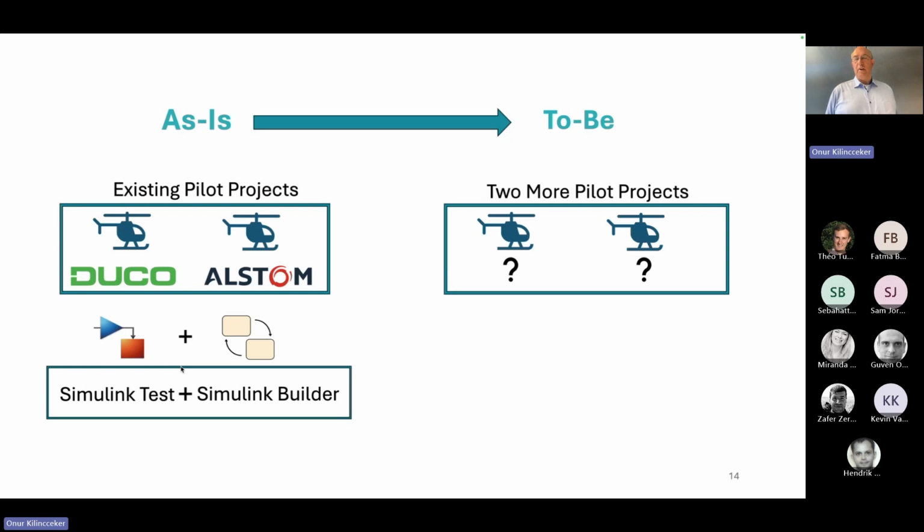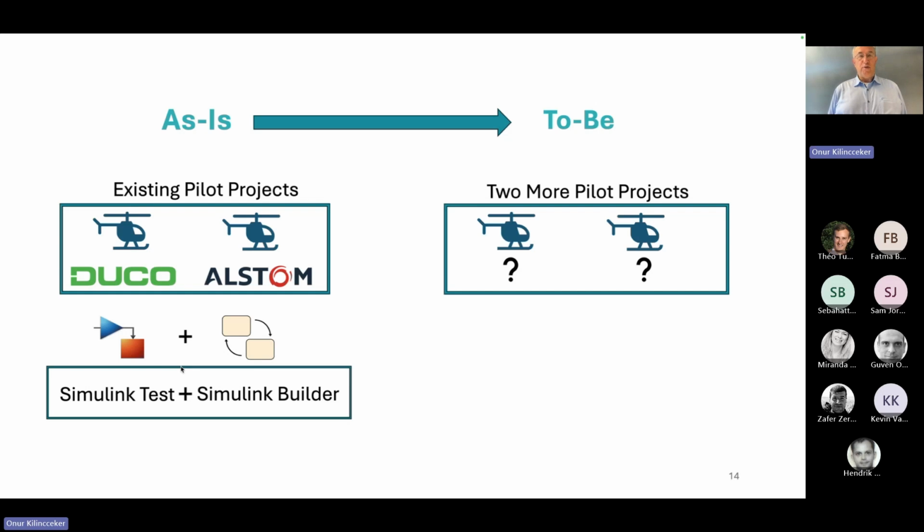Yeah, thanks, Onur. Since the pilot case with Duco, we also reached out to other companies doing safety critical work. In particular, we had a European project together with Alstom in Sweden, and this is doing rail. And so there as well it is safety critical, so mistakes are not tolerated. And they also use Simulink and Simulink tests heavily. They didn't have any Simulink Stateflow tests. And so we actually applied